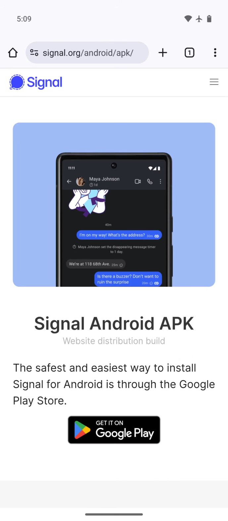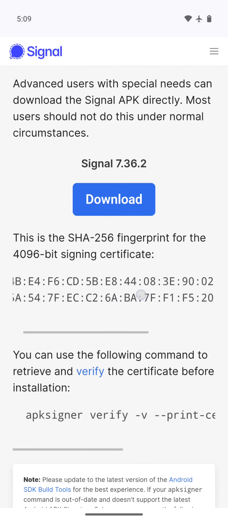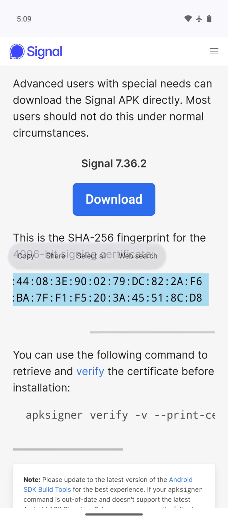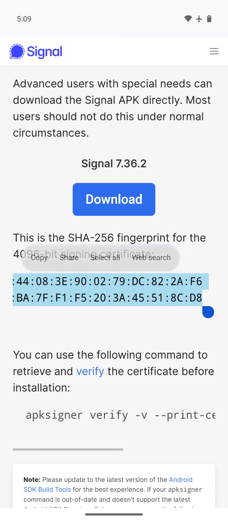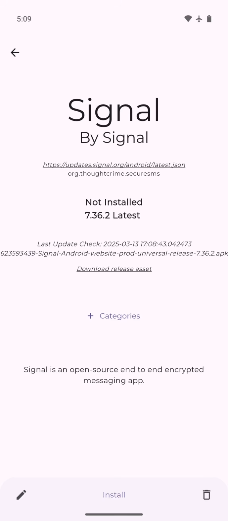And the good thing is that these guys actually do post their APK signature right here on the website. Not everybody does this, so it's not always possible to verify the app, but you should do it when you can. So the first thing I'll do here is copy this signature from the Signal website. Copy that. And now, when I install Signal via Obtainium, instead of installing it right away, Obtainium will first ask